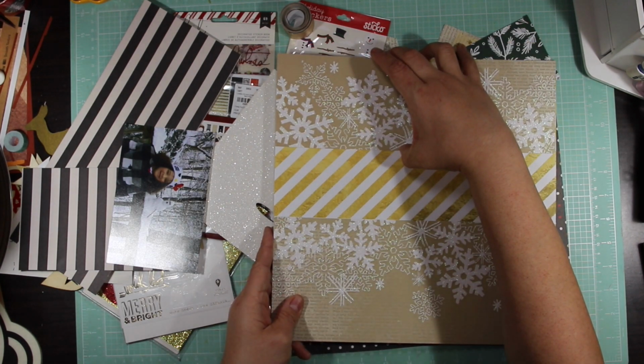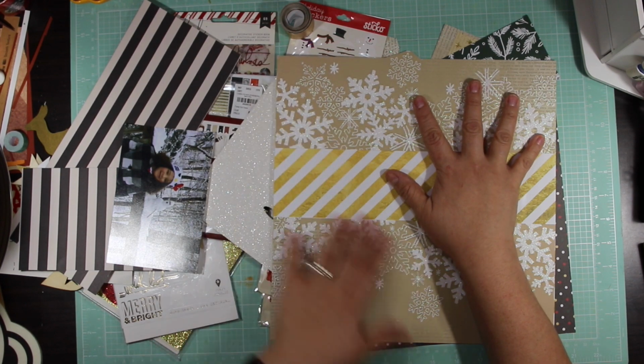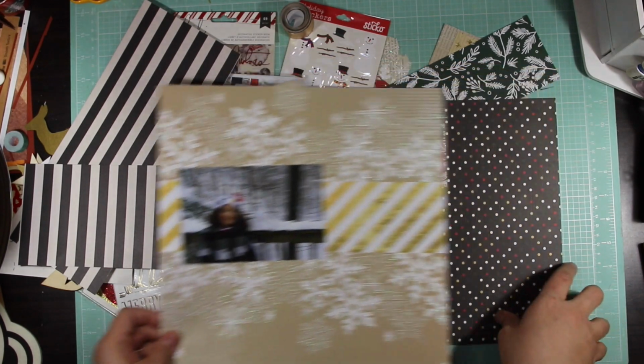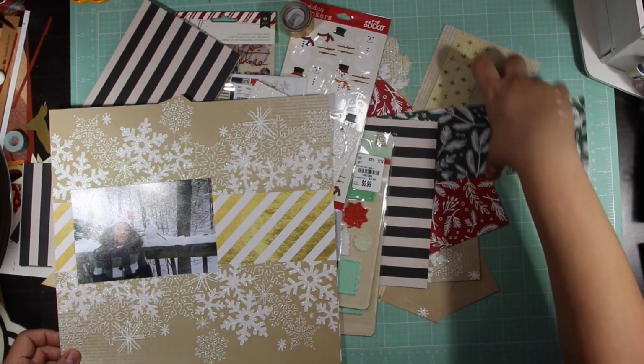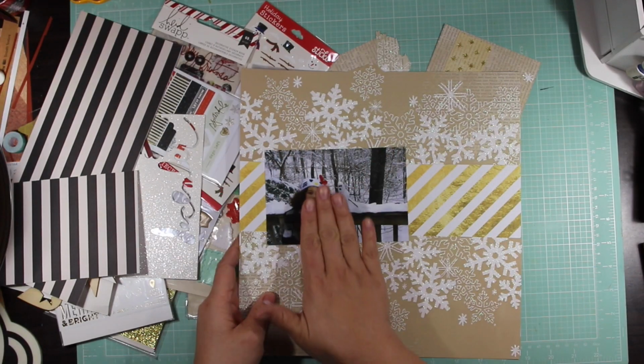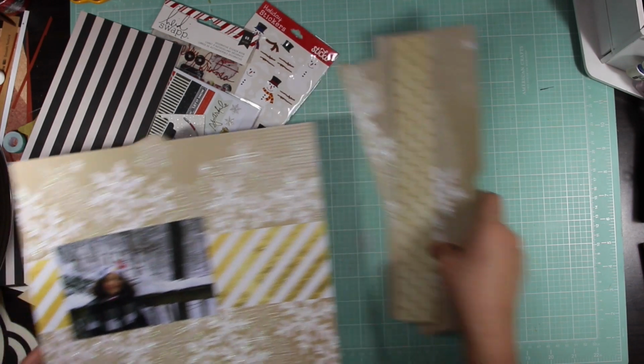So I immediately went to this, and I immediately thought, oh, I'm going to wallpaper this sheet, and then I can still use that. And so then I went to, I'm not going to use this or the green or the red, and so I think that's what I'm going to do so that the picture itself can pop. So I have other scrap pieces of paper that I'm not going to use either,